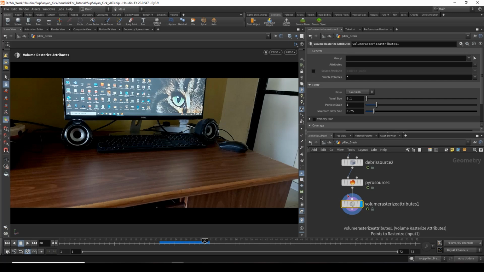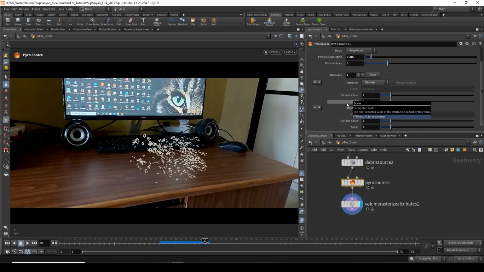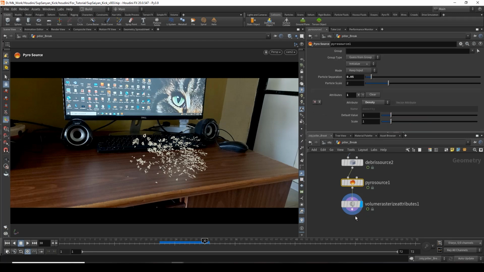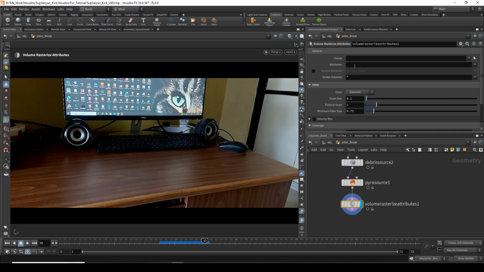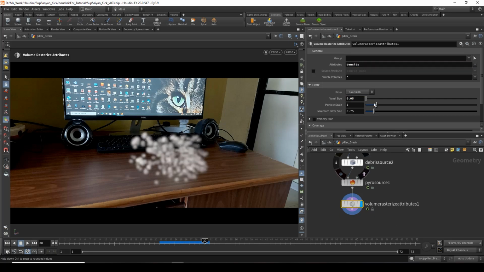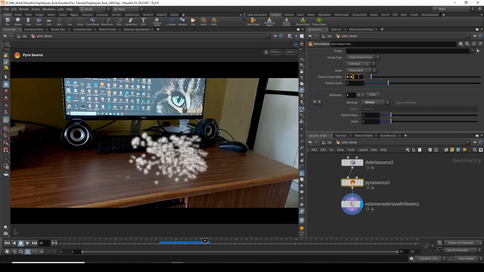In pyro source we don't want the temperature because we only create dust, and in the dust we don't want the temperature attribute, so I'll just delete it. And here I'll also call the density attribute, and voxel size will be 0.5 or maybe 0.01, or here also 0.01, or maybe